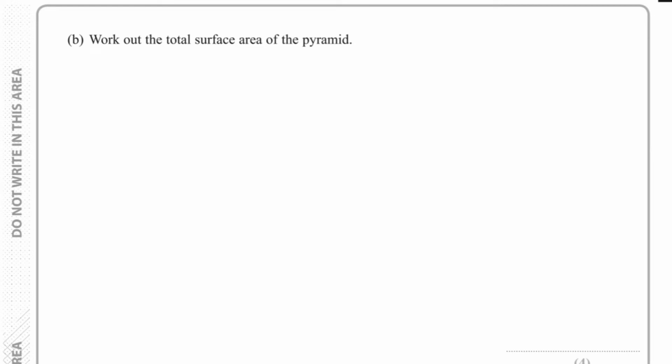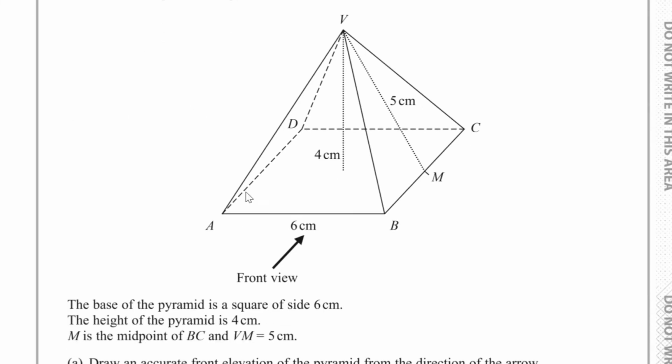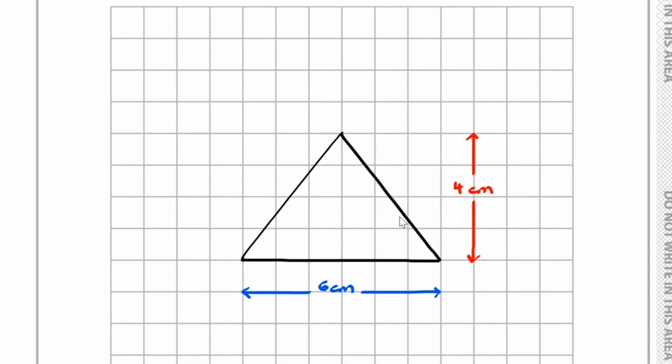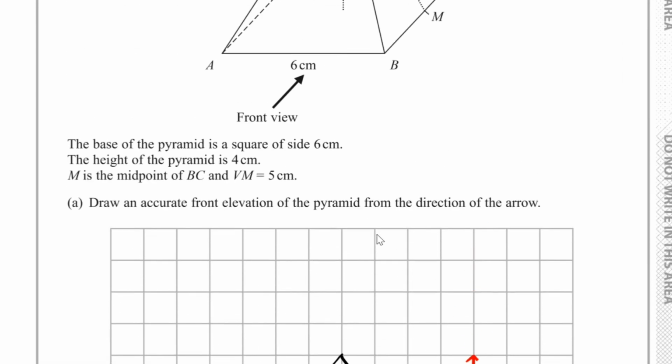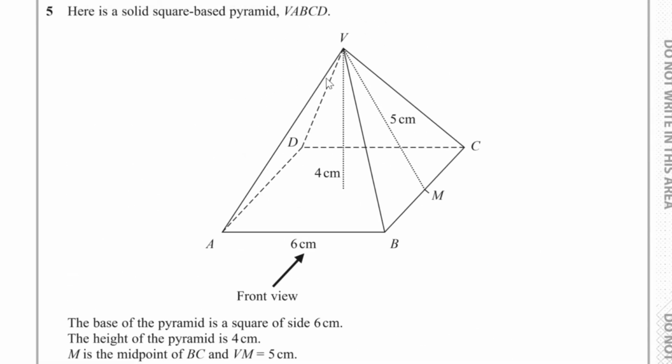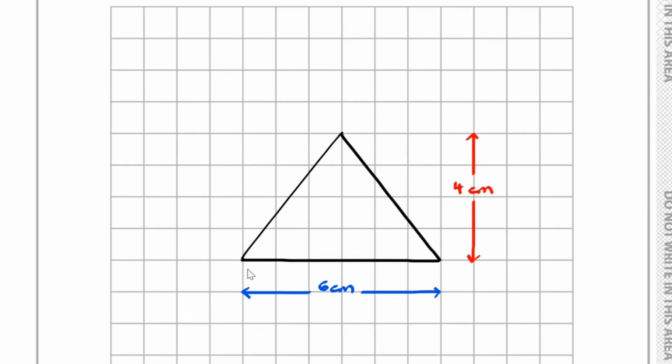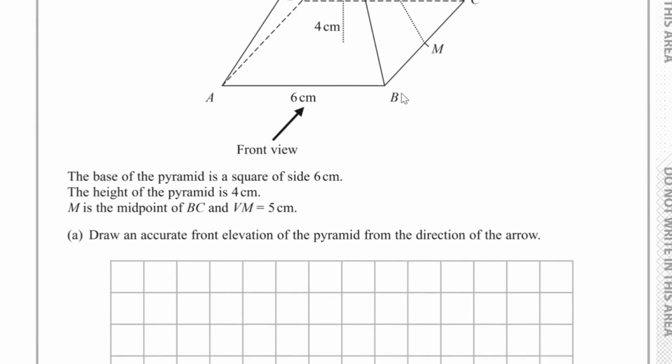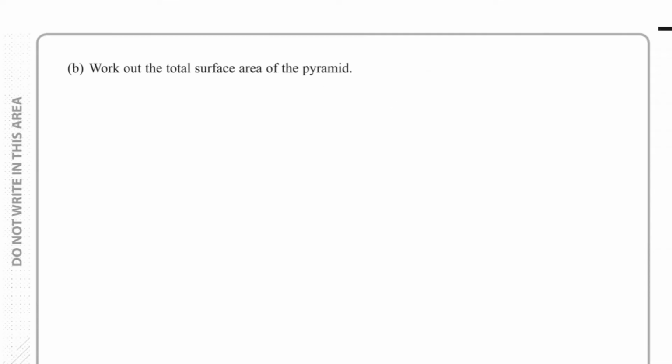And now we have to work out the total surface area of the pyramid. Well, if I look at my viewpoint, I've got one of these triangles which I can work out the area for, but I've got 4 of them. We have 4 congruent triangles with base 6 centimeters and height 4 centimeters. And what we also have is the area of the square. And so the total surface area,